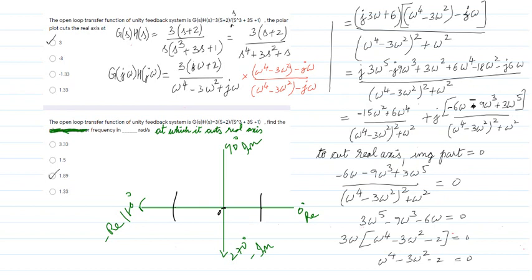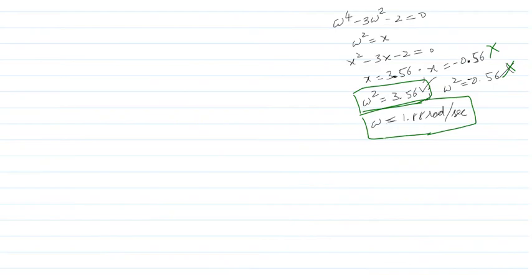Simple mathematics: the denominator goes to the right side, it vanishes. I am taking 3 omega out from this expression. 3 omega goes to the right side, it vanishes. So ultimately I am having omega power 4 minus 3 omega square minus 2 equal to 0. You cannot solve this directly in the calculator, because only up to order 2 can be solved, but this is order 4. But luckily these are even powers: omega power 4 and omega square are there.